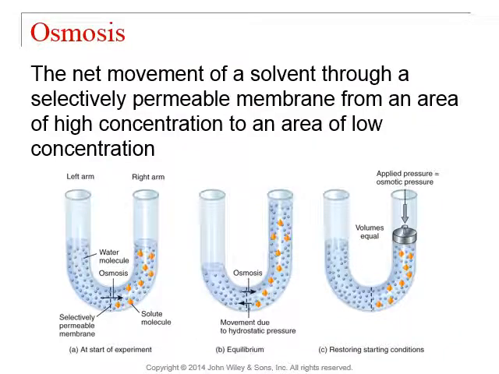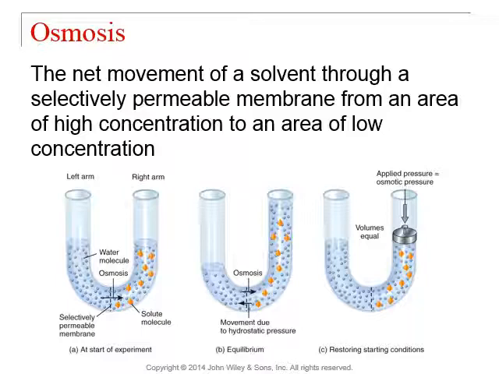As I mentioned before, osmosis is simply the diffusion of water. And one thing to always remember with osmosis is water will always follow the higher concentration of salts. So in this case, at the start of the experiment, you have a selectively permeable membrane, and you have a left and right arm there. At the start of the experiment, you see obviously that the solid molecules on the right can't pass through the selectively permeable membrane. Then what happens through osmosis and hydrostatic pressure, more of the fluid will pass to the